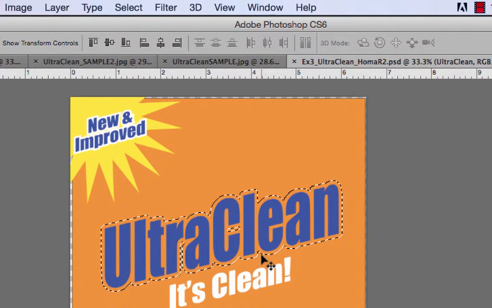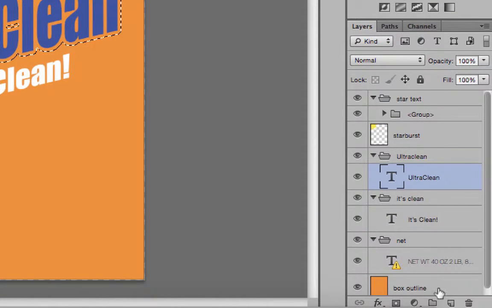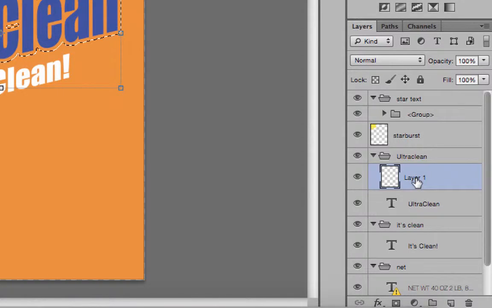So I'm going to do that, and I'm going to fill it with white right now. Before I do that, it'll fill right on that layer, so I want to make sure I make a new layer. So I'm going to create a new layer, and right now it's called layer 1. I'll call it outline because that's kind of what it's really going to be. And I'm going to move it behind my ultra clean layer before I do anything,